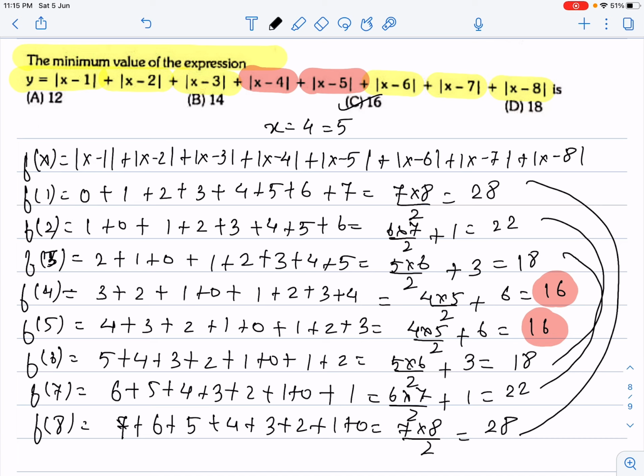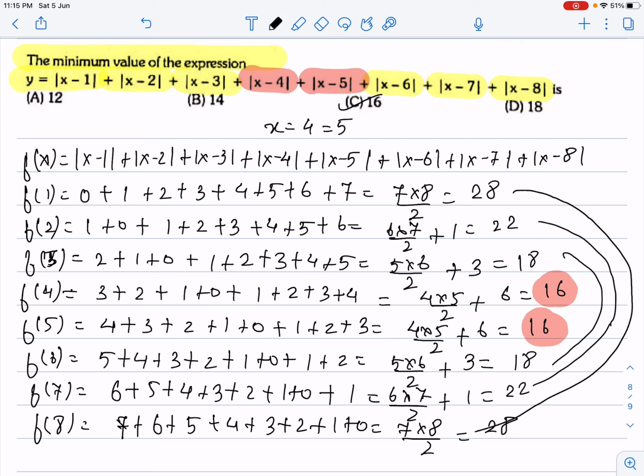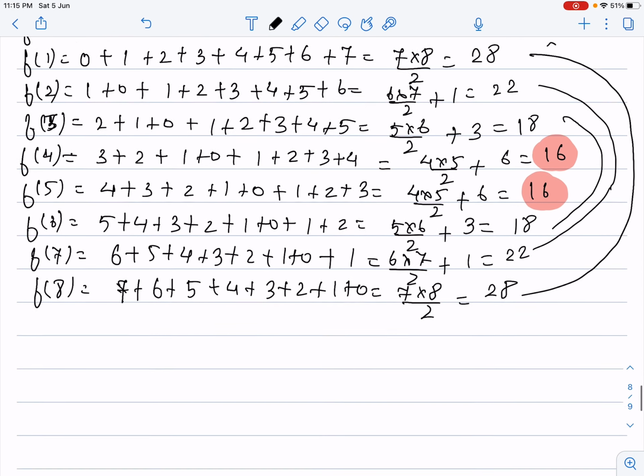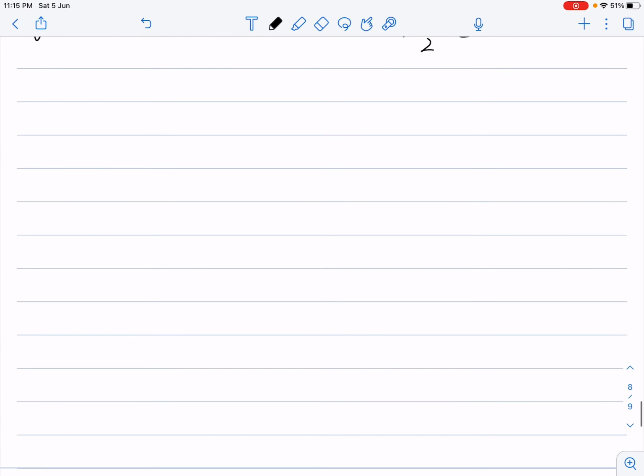So do we have any other alternative to solve this question other than this method? Yeah, but we'll see that also, because you should know each and every way to solve the given question. To solve this question using that alternative, I would have to take the critical points. How many mods are written over here? 8 mods are written over here, guys. So I would have to consider all 8 critical points. Then I'll be dividing the number line into 9 intervals.